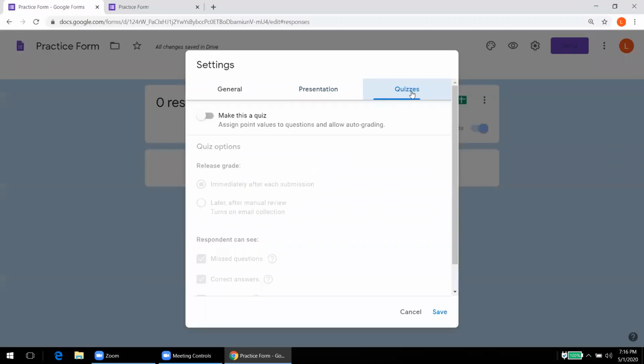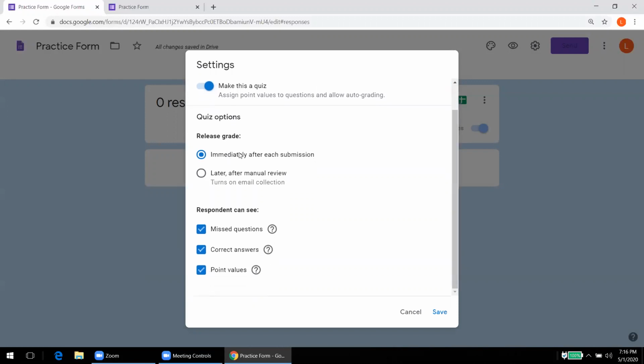Then the third part of these settings is making a quiz. Now if I click on this option, that is, we want to make a quiz of this paper, then again there are multiple options: after the student finishes this quiz, should the grades be immediately given to them or later? Generally we keep it later. If it is a small test in which we want the student to immediately know their responses and their score, then we can take this.